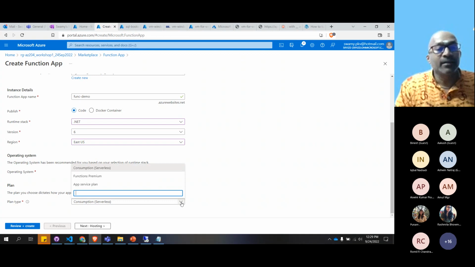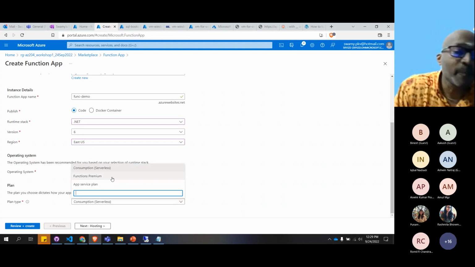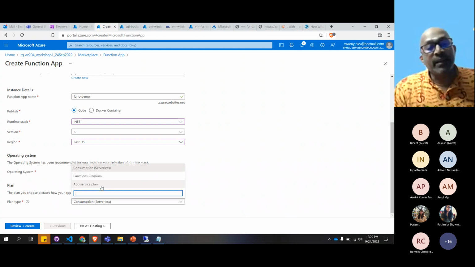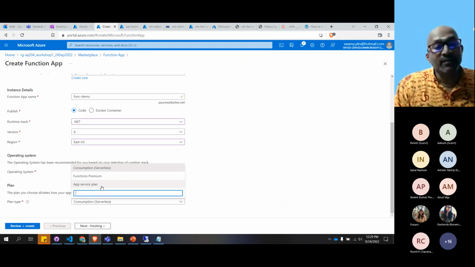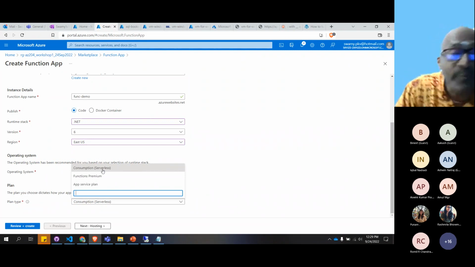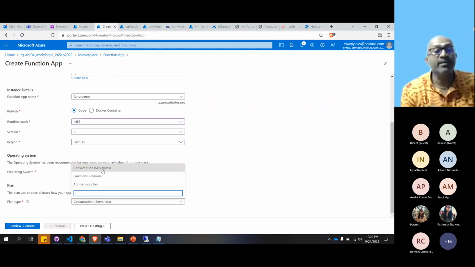I can create the functions premium, app service plan. An app service plan means again it is becoming the PaaS service. It's not serverless. See that, guys. Out of 3 plan options, the first one is called the consumption based plan. So that is serverless. That means if you're using